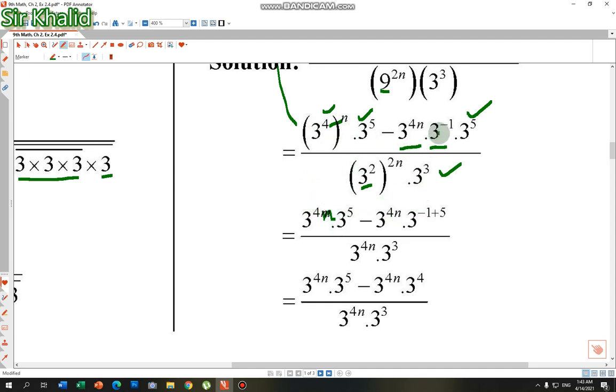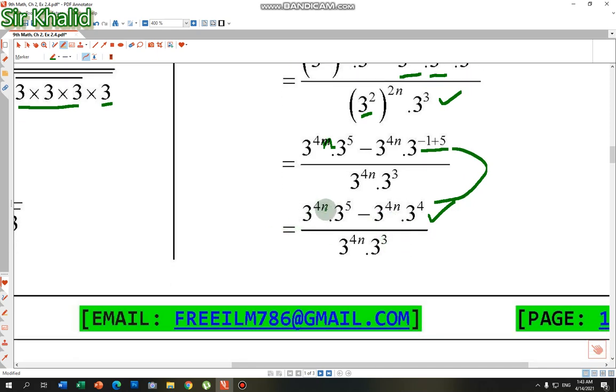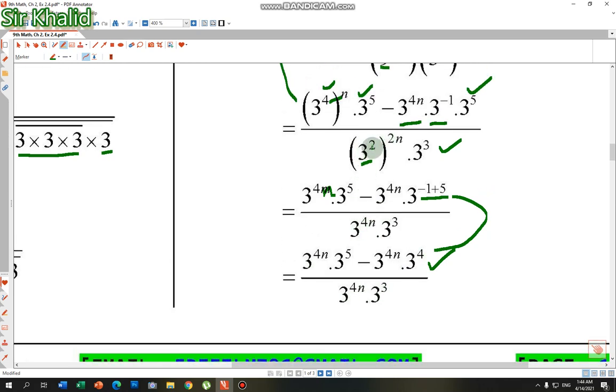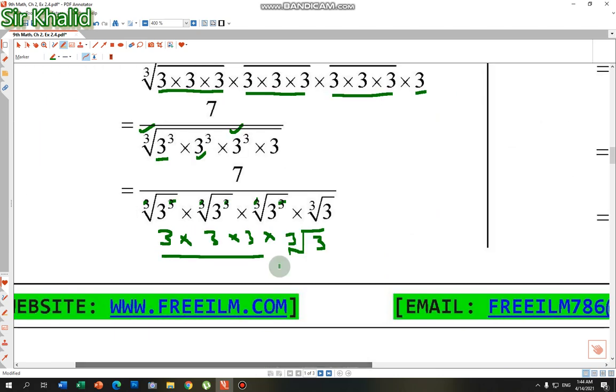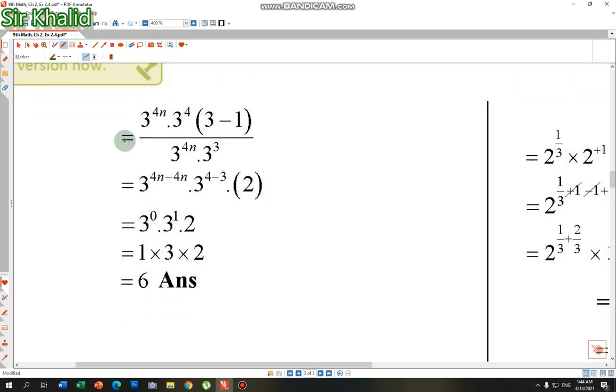3 power 3 multiplied by n is equal to 4n into 3 power 5 minus 4n, 3 power minus 1 plus 5 will give you 3 power 4. So 3 power 4n into 3 power 5 minus 3 power 4n into 3 power 4, over 3 2 2s are 4, 4n and 3 power 3. Now taking this 3 power 4n into 3 power 4 as common, because this is the smallest common that we can achieve from the above terms, so 3 minus 1 will be left over 3 power 4 and minus 3 minus 1 will be